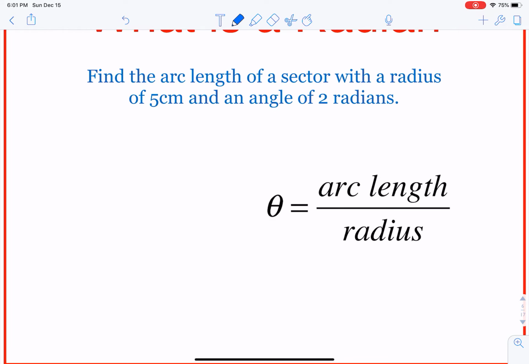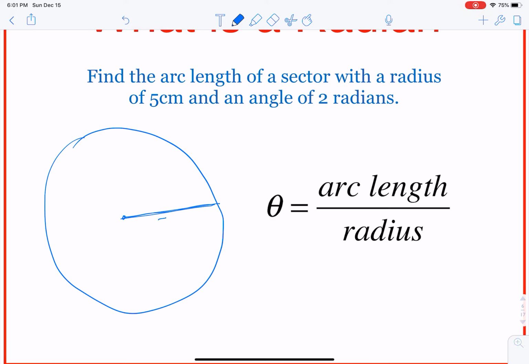So find the arc length of a sector that has a radius of 5 centimeters and an angle of 2 radians. I could draw a circle, and pretend that this is drawn to scale. It's telling me that my radius is 5 centimeters and my angle here is 2 radians. Sometimes you'll also see 2 RAD. So this means that I'm fitting 5 centimeters twice on the outside of my circle. So I can use my formula here, or I can say, well, if my radius is 5, I have 5 here and 5 here, so the arc length